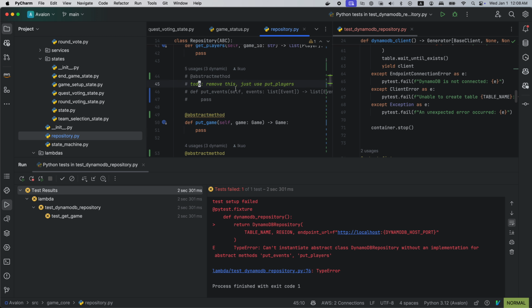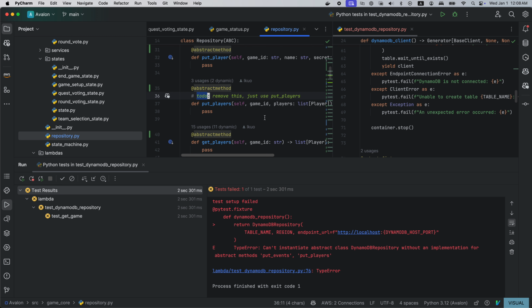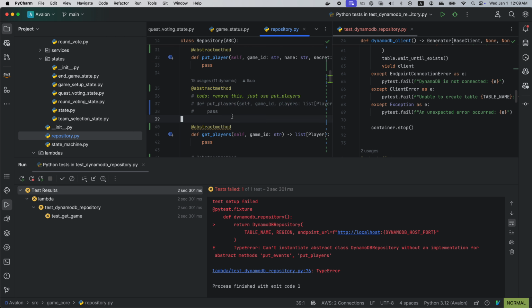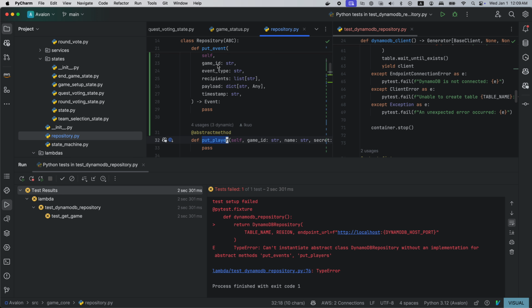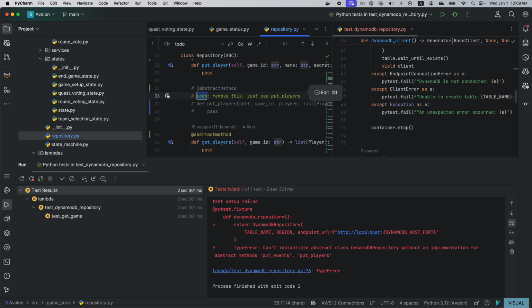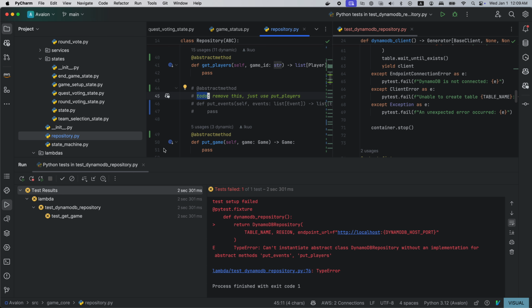I don't really want to leave it, because this is just a wrapper method of the actual put player and what was the last one? The put and put events. So I'll remove it later, but for now I'll just comment it out.